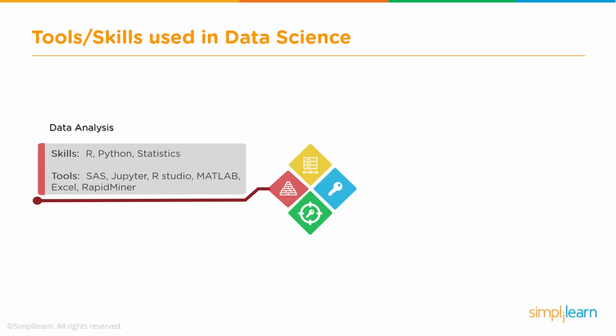However, compared to most of the other tools, it is proprietary software, whereas Python and R are mostly open source. The other tools are like Jupyter Notebooks. You have RStudio. These are more development environments and development tools. So Jupyter Notebooks is an interactive development environment. Similarly, RStudio is for writing R code and performing data analysis and machine learning activities.